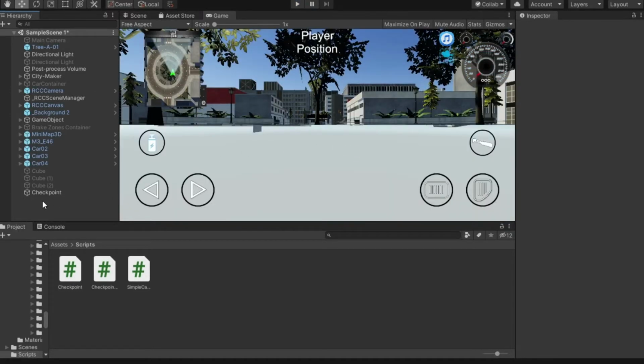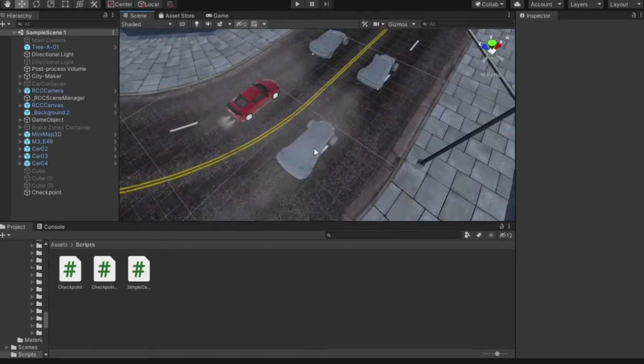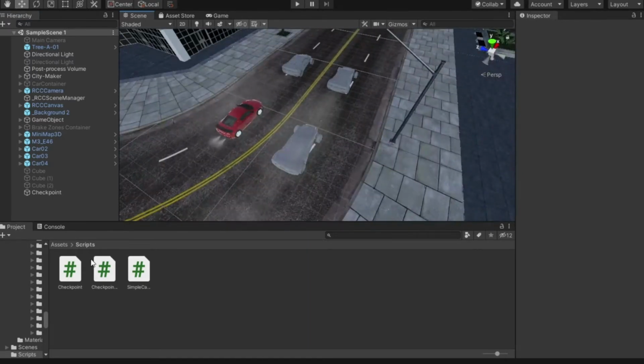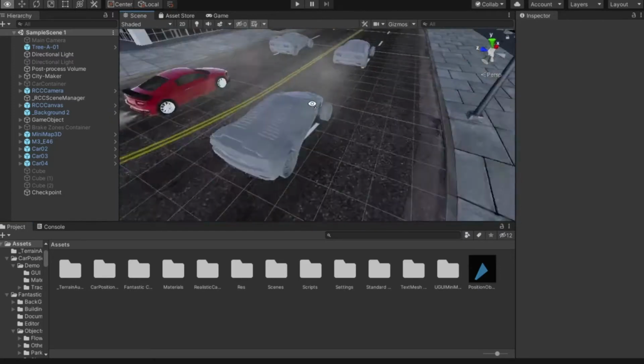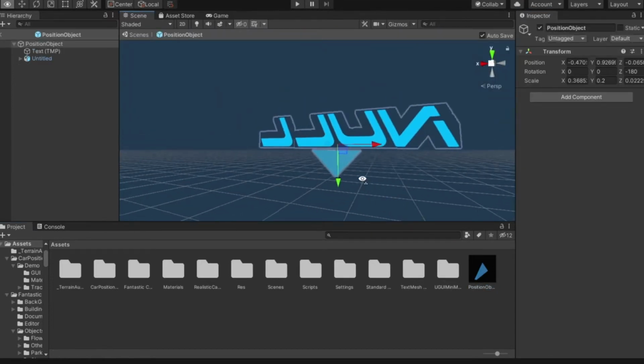Okay, as you can see, the player's position is working, and that's all we're going to do with our player's position. Let's start with our car's position. Now, to determine the car's position, I have actually created a position object. Now, this position object is just TMP text and